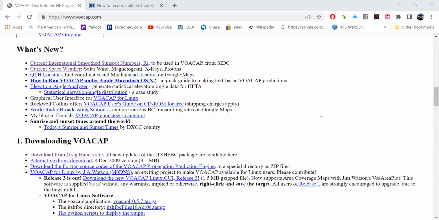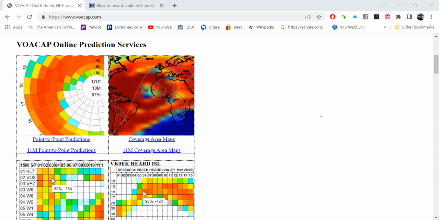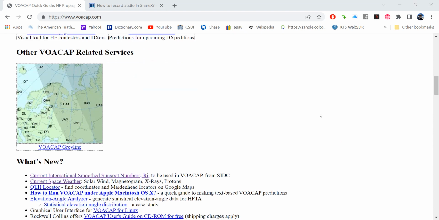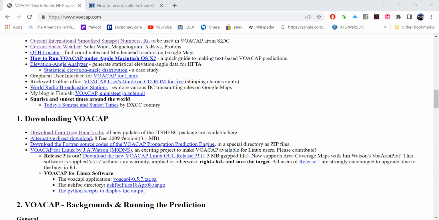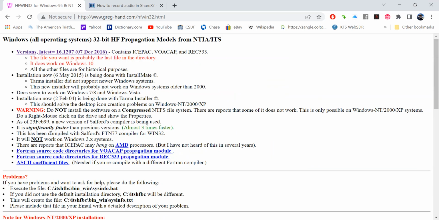So basically, you go to the website where you would normally do your VOACAP calculations, and you click on download from Greg Hand's site right here, and just click on the latest. This gives you